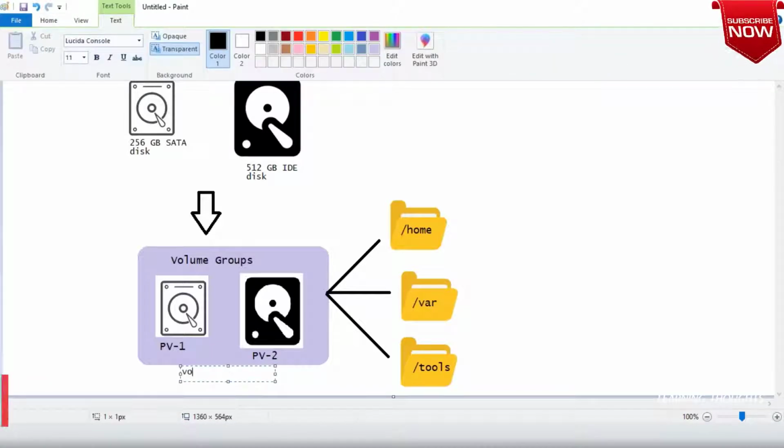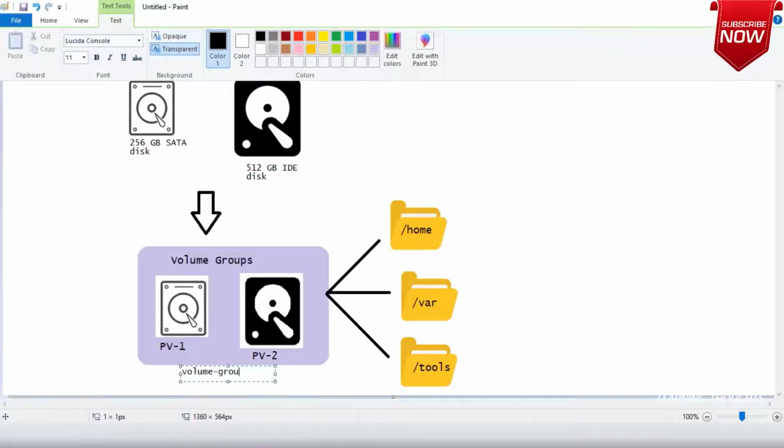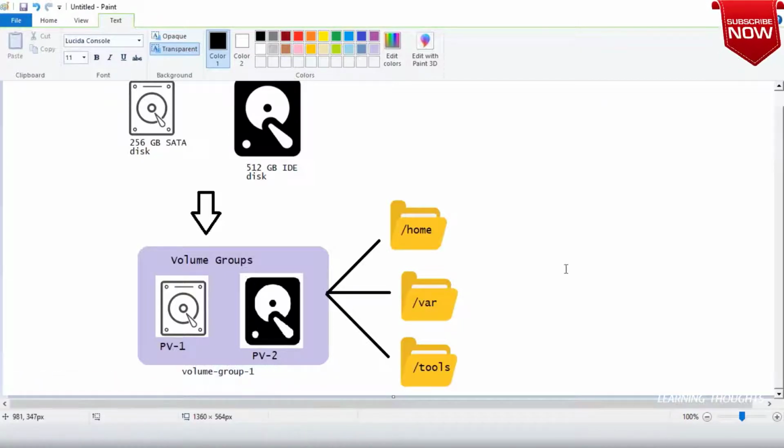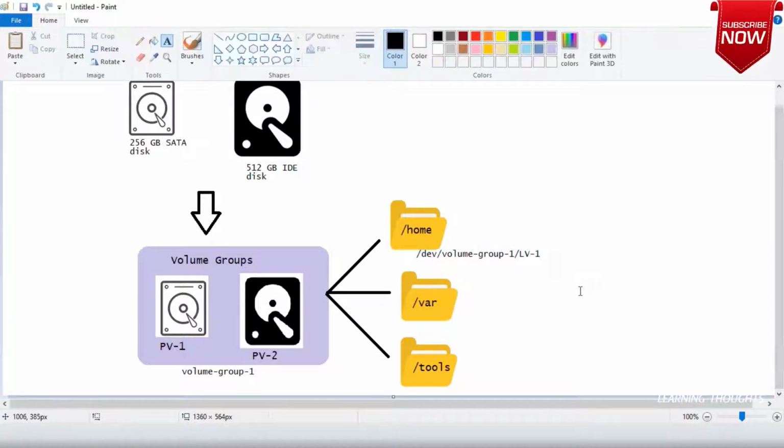All of this I am calling volume-group-1. The logical volumes we create will be mounted from /dev/volume-group-1/lv-1.